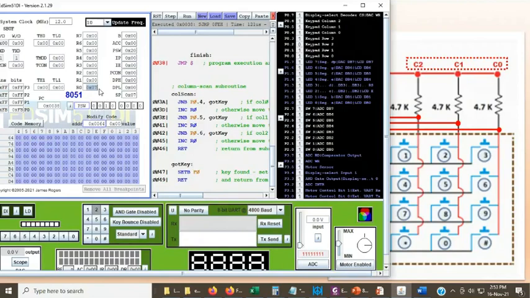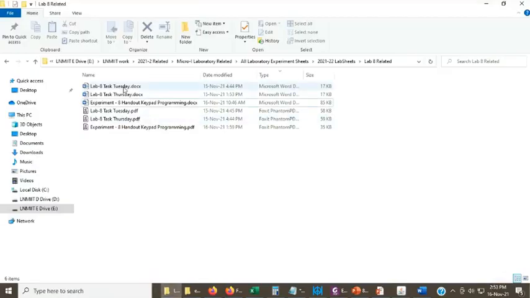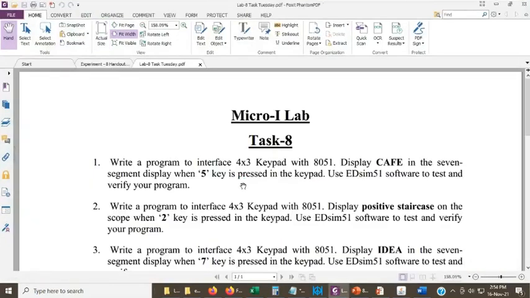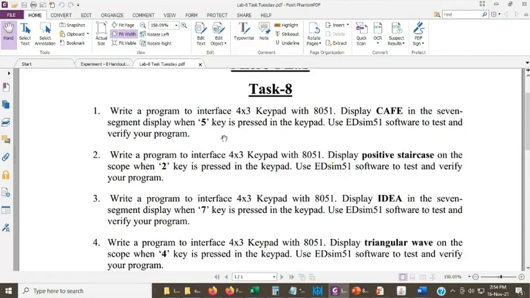Whereas what kind of program are you going to work with? The programs that we have given to you, or the tasks which you have to design or solve, are listed in the problem statements like this. First, write a program to interface a 4x3 keyboard or keypad with 8051.